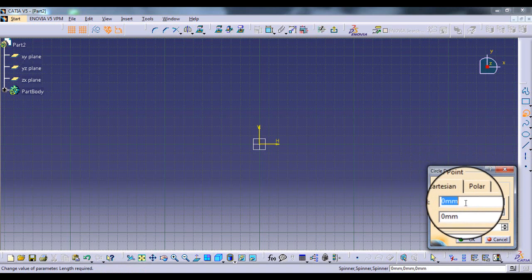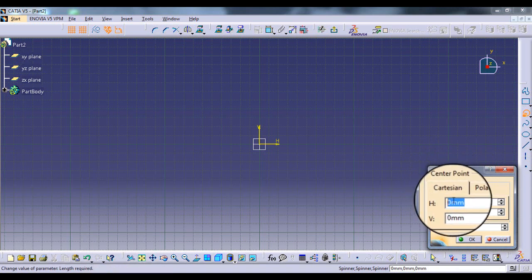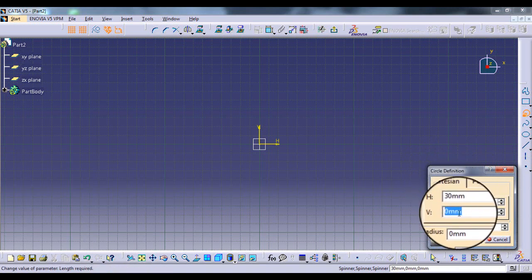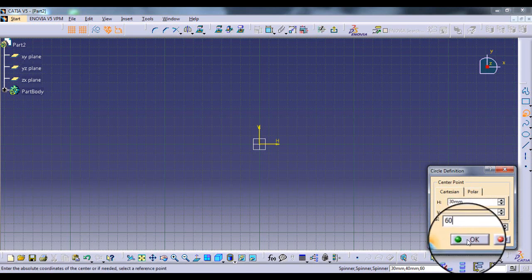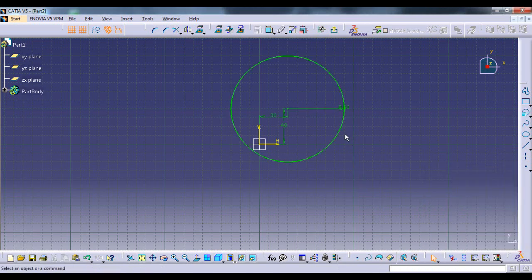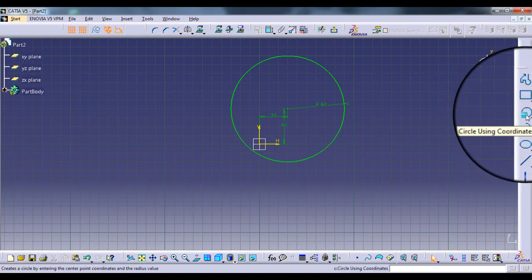We enter the coordinates of the center as 30, 40, enter the radius as 60 mm and click on the OK button. So this is the circle of radius 60 mm with the center at the coordinates 30, 40. This is how we plot a circle with the circle using coordinates command.